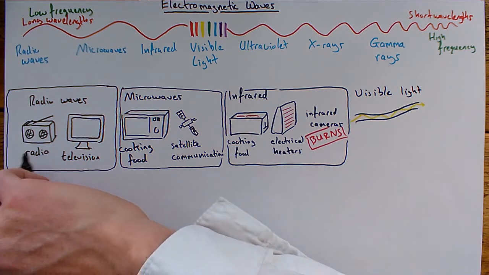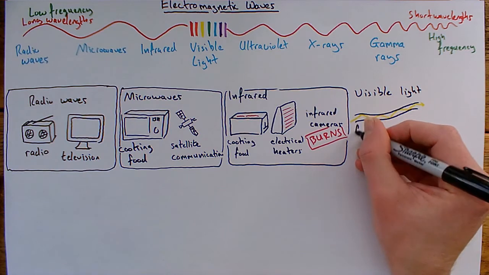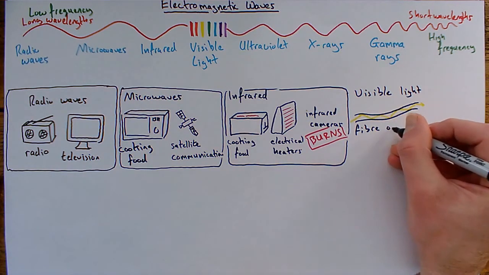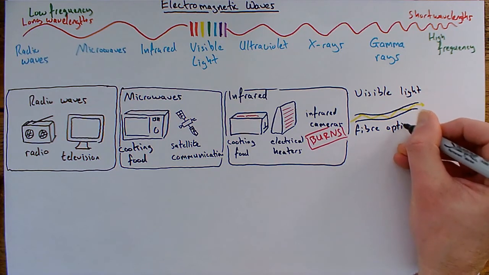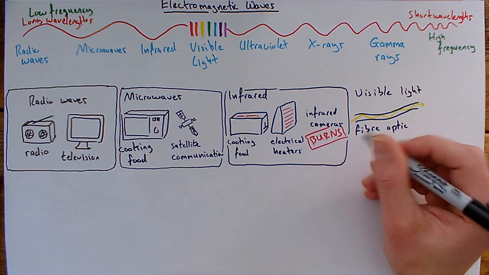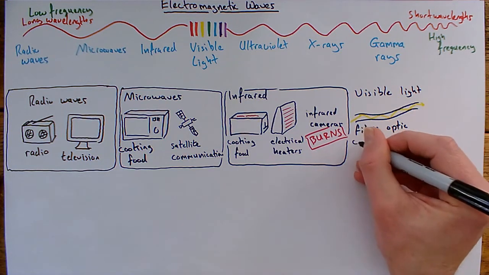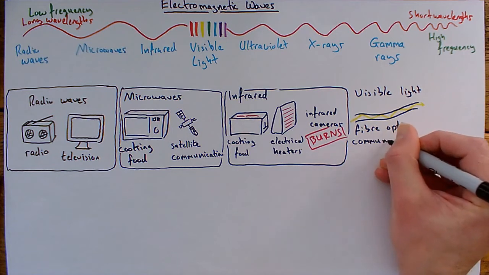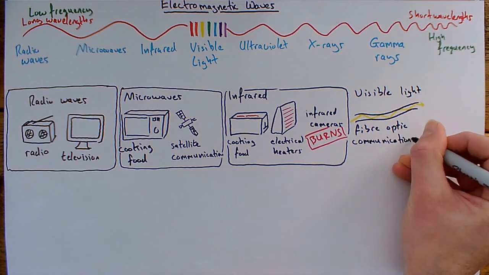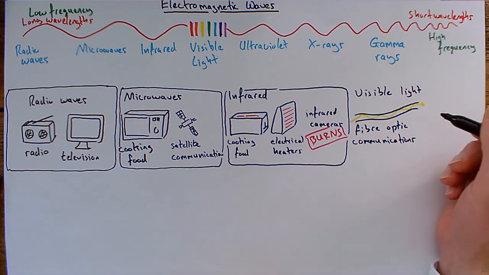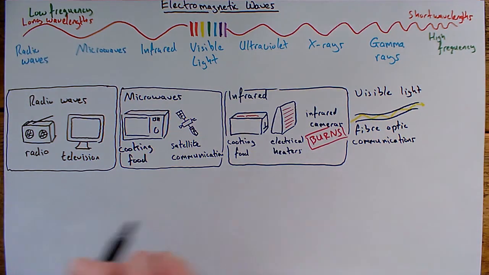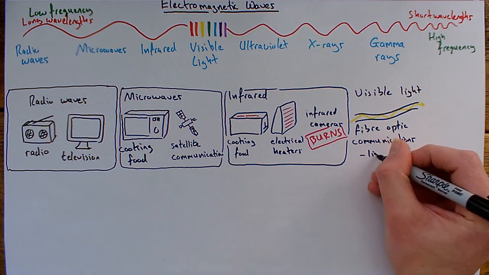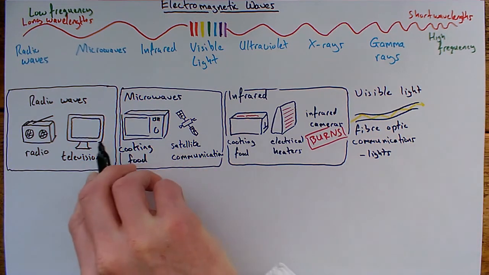But it's what we call fibre optic communications. Some of you might have fibre optic broadband. That's using the same technology. So small strands, they're actually clear strands, very, very fine, thin like hairs actually, and signals are sent down those. You might also want to know things like traffic lights as well, that kind of thing. Fibre optic communications, lights. So when we use lights to signal,